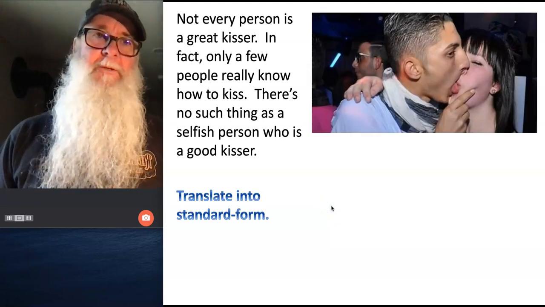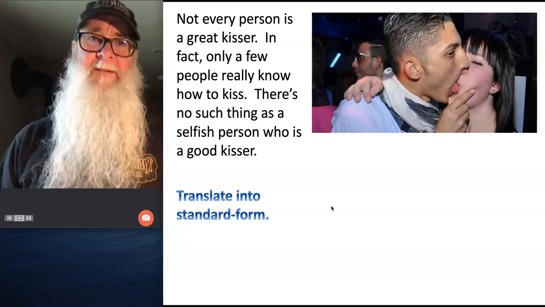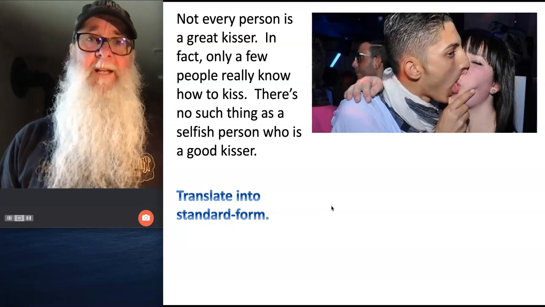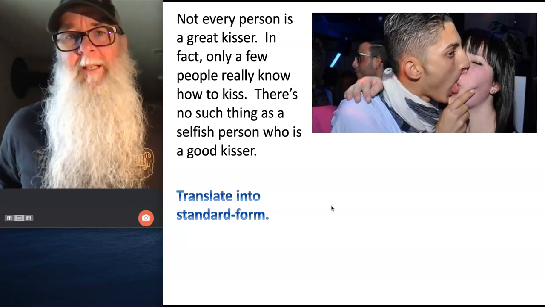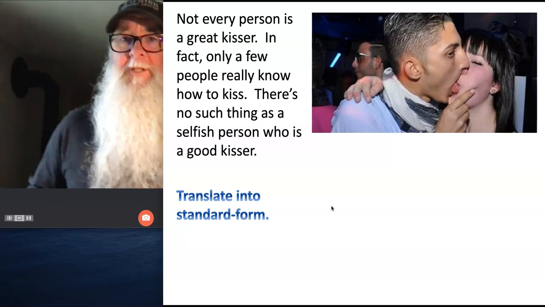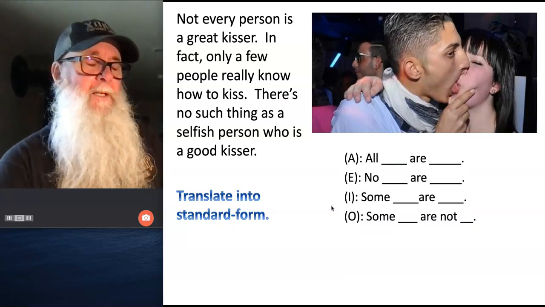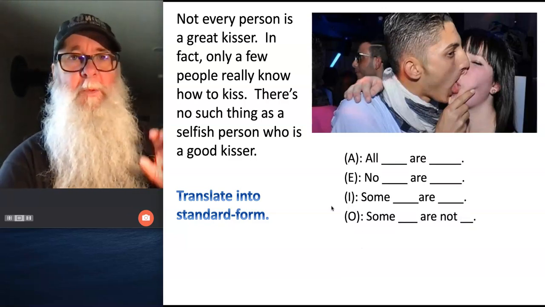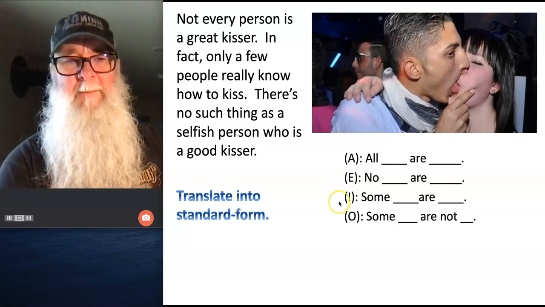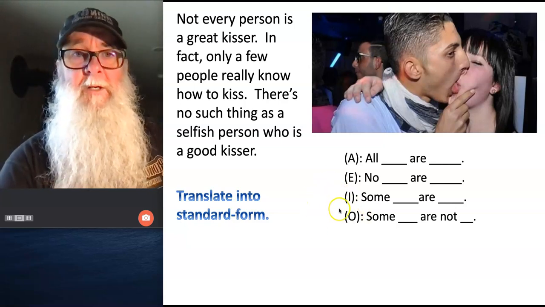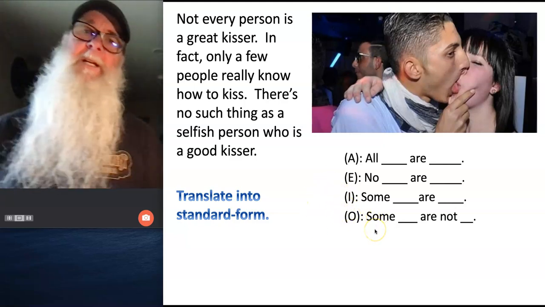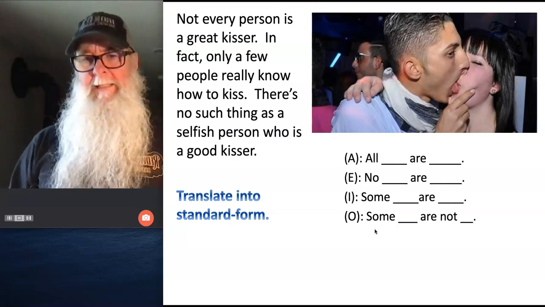So you have here on your screen 3 statements. Not every person is a great kisser. In fact, only a few people really know how to kiss. There's no such thing as a selfish person who's a good kisser. All right, now when we say we're going to translate these into standard form, what we mean is we're going to figure out a way to express the meaning of each of these 3 statements as an A, E, I, or O statement. Okay, so why don't you go ahead and pause your video and take a shot at translating